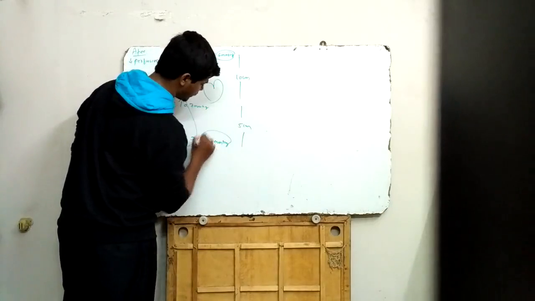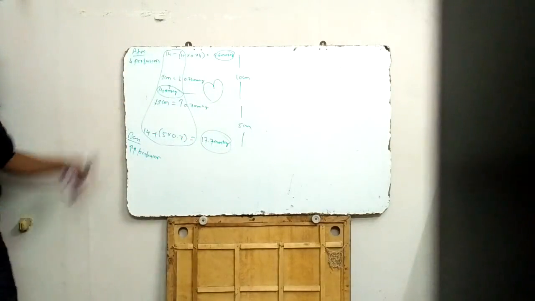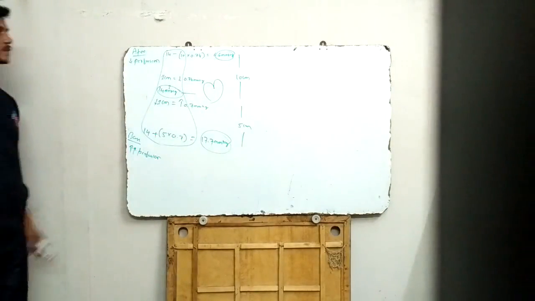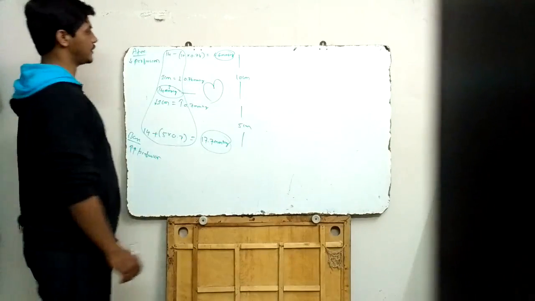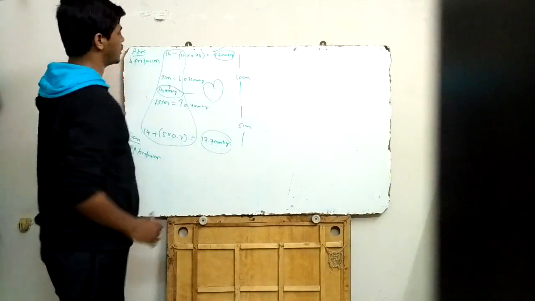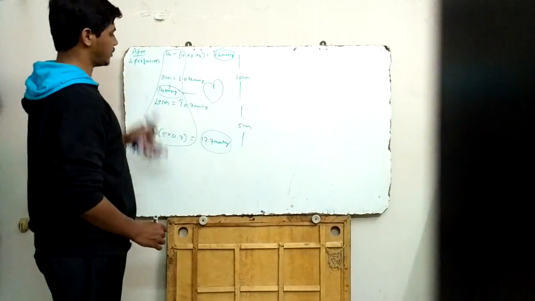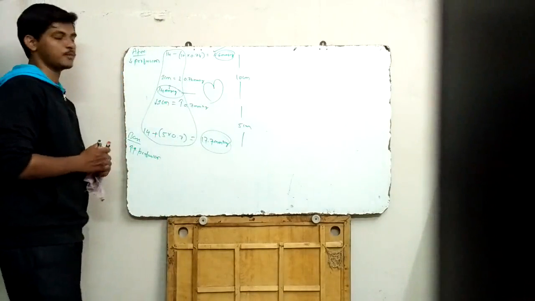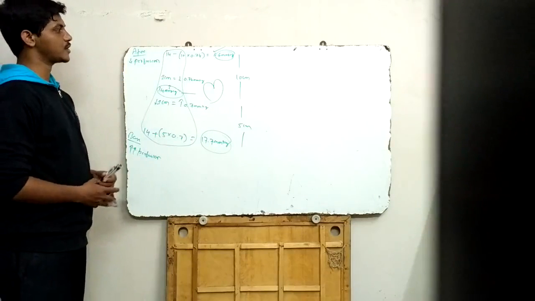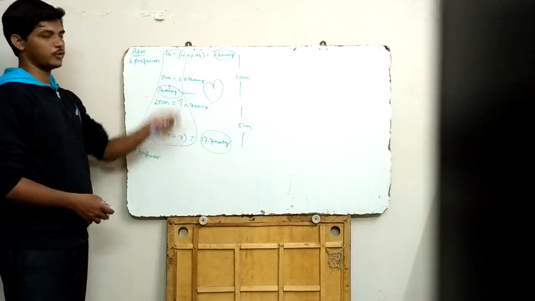So the perfusion increases from apex to base. As you go downwards, the perfusion increases. As a result, the pressure also increases. So the arterial pressure measured at the apex will be 6.6 mmHg, in the center it will be 14 mmHg, and in the base it will be 17.7 mmHg. So what is the pressure in the pulmonary circulation? It is between 5 to 20.